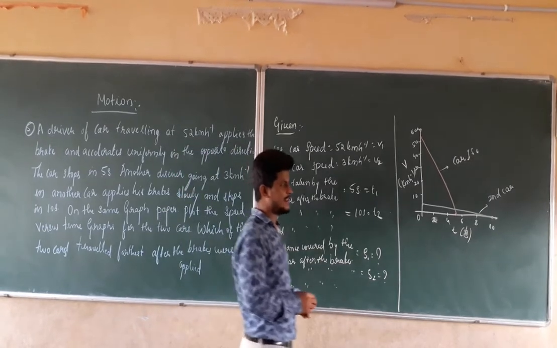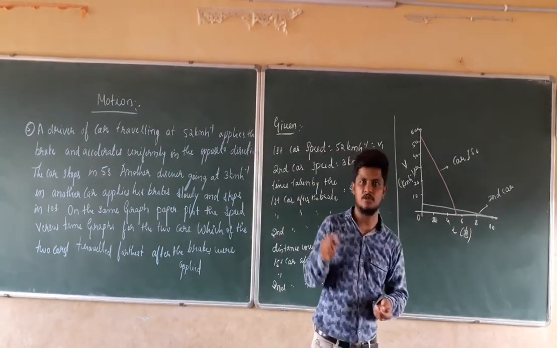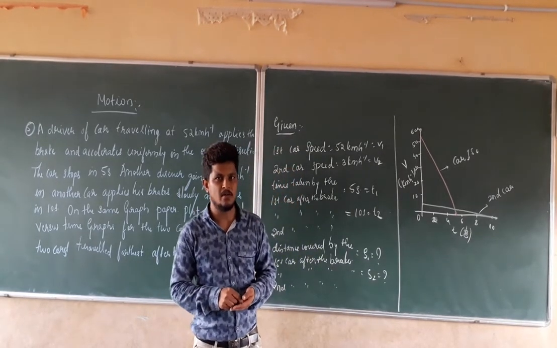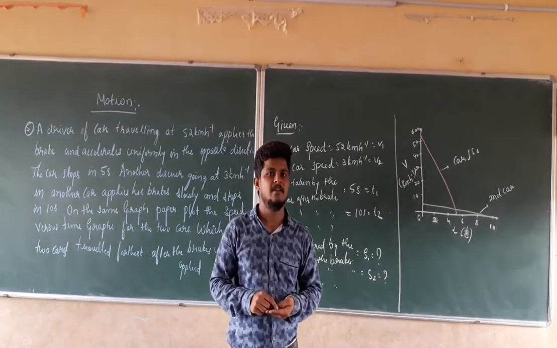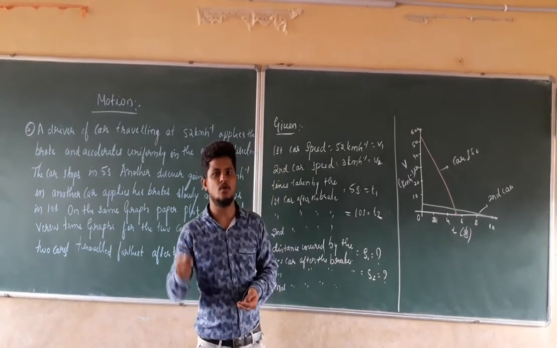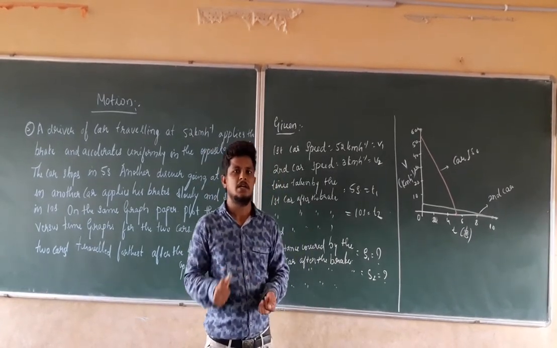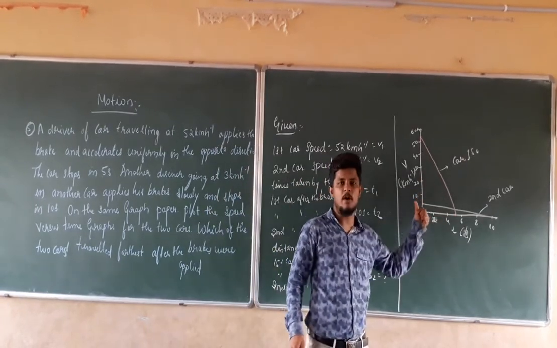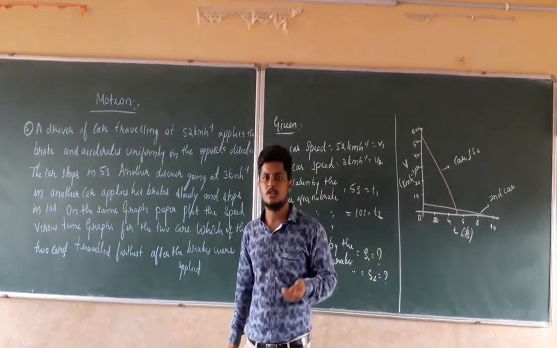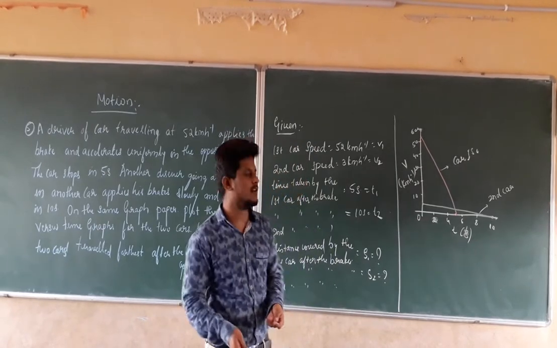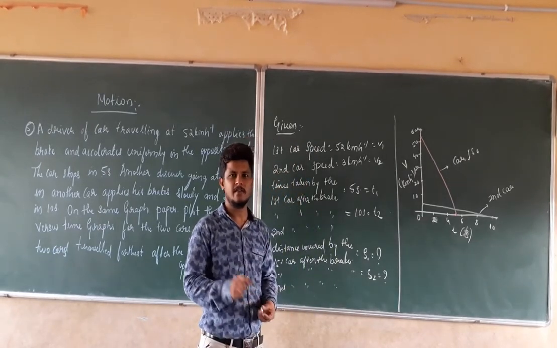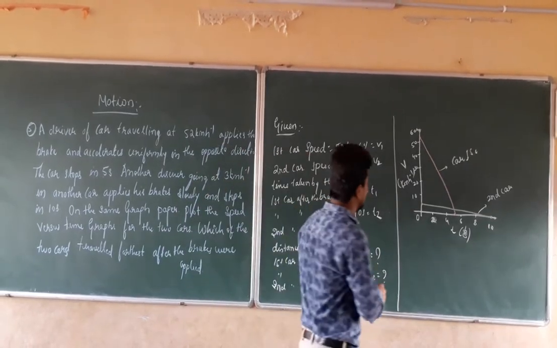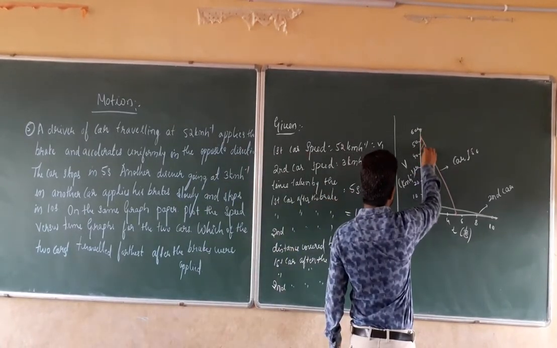For that reason, if you remember the graphical representation of motion, what we did for finding the distance covered was calculate the total area. We have calculated the total area inside this region. By calculating the total area, we are going to find the total distance covered. So we have to calculate the area of the shaded region.